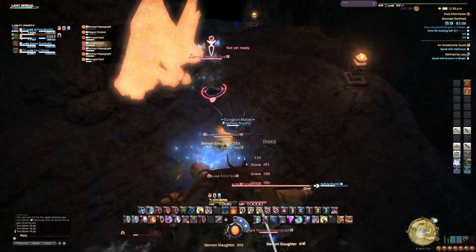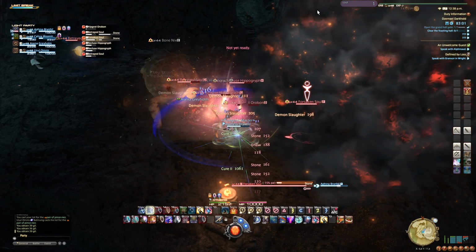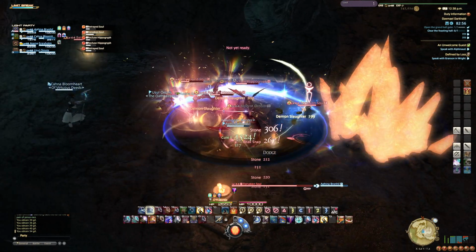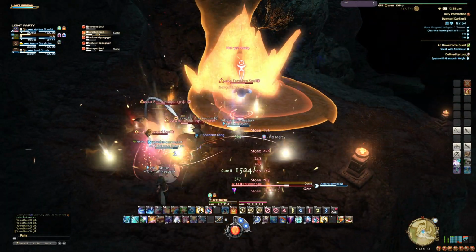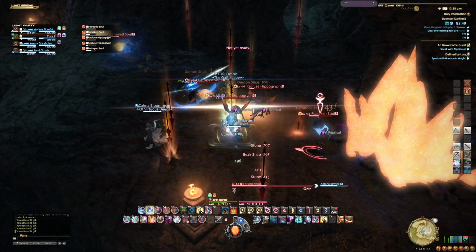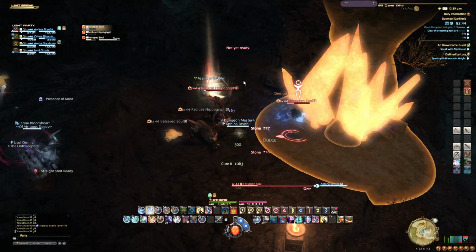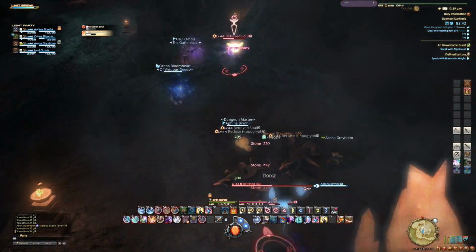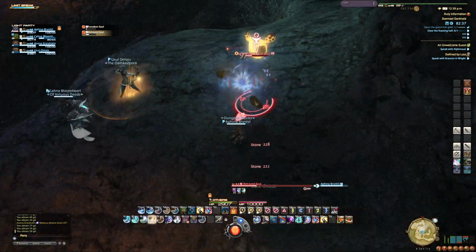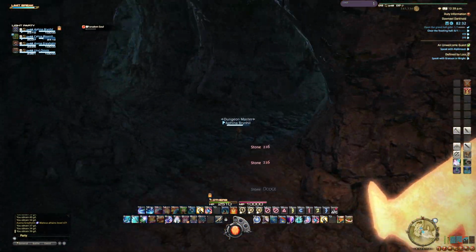Alright, so I'm gonna try to pull these enemies over towards the ranged. That way they can get included in this AoE damage fiesta. And you can see these big glowing rocks have AoEs around them. We're just gonna not stand in the AoE. Again, recurring theme of Final Fantasy XIV. Don't stand in AoE. I feel the need to emphasize that because...